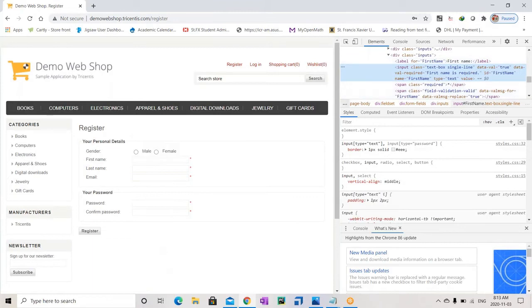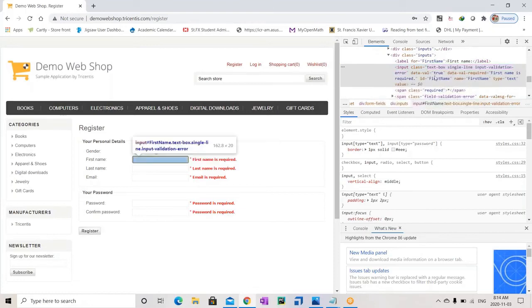If you see the properties of the first name field, it belongs to the class text-box single-line, the data value required is first name is required, and the ID of this particular field is FirstName, and the name is FirstName, type is text. When I click on register here, you see that the class name has changed. It was text-box single-line earlier. Now it has changed to input-validation-error.